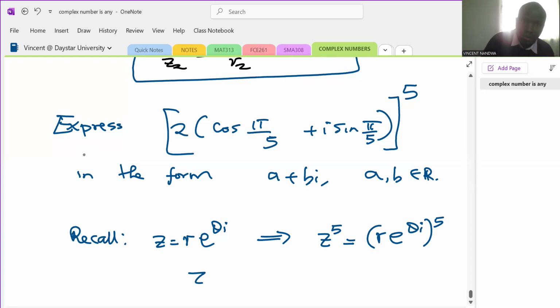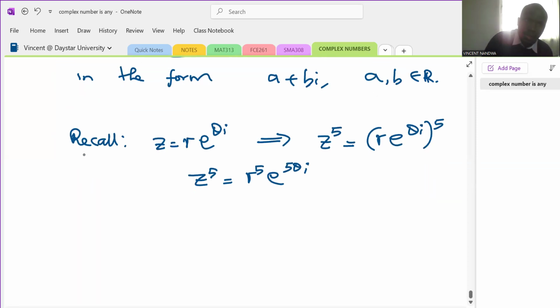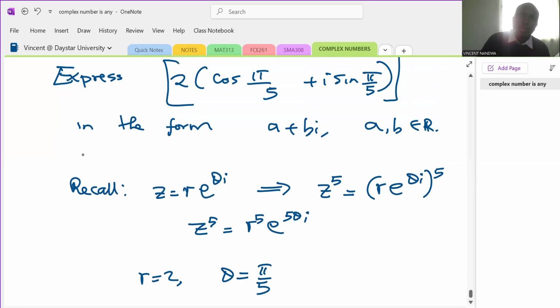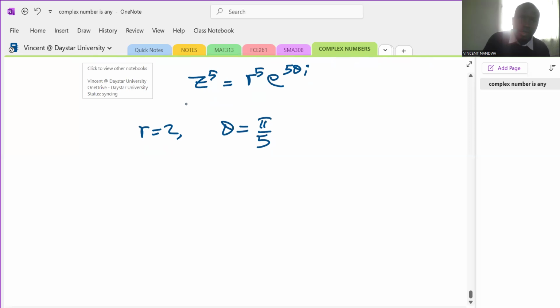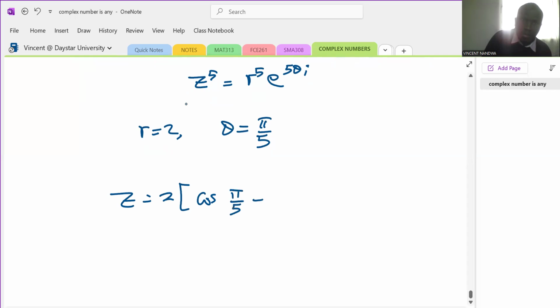In our case, r is 2 and theta is pi over 5. So if we let what is in the square bracket be z, so z is 2 (cos pi over 5 plus i sin pi over 5),